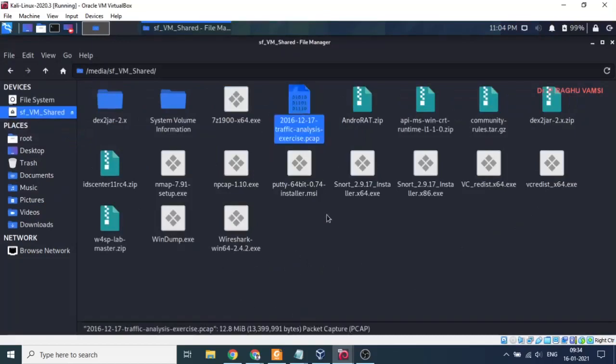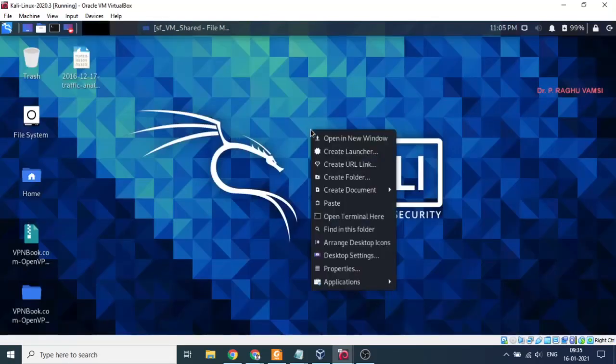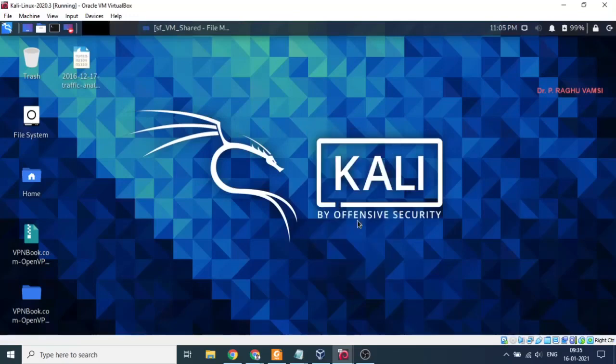So this is the traffic analysis exercise, that is my holiday present. Just copy it. You cannot directly open it from here; you have to copy it onto the desktop and work from there. So open the terminal here.